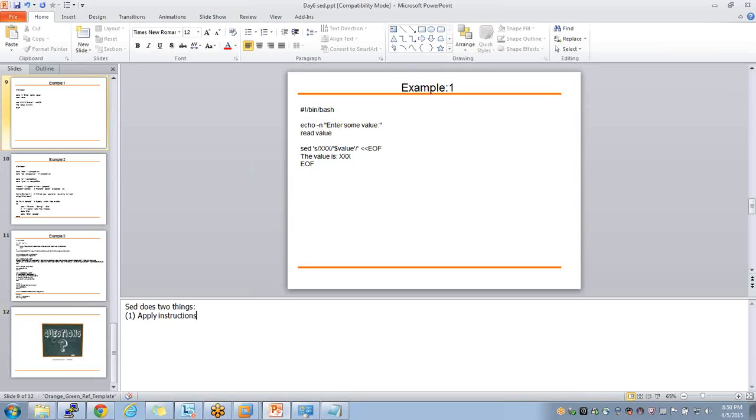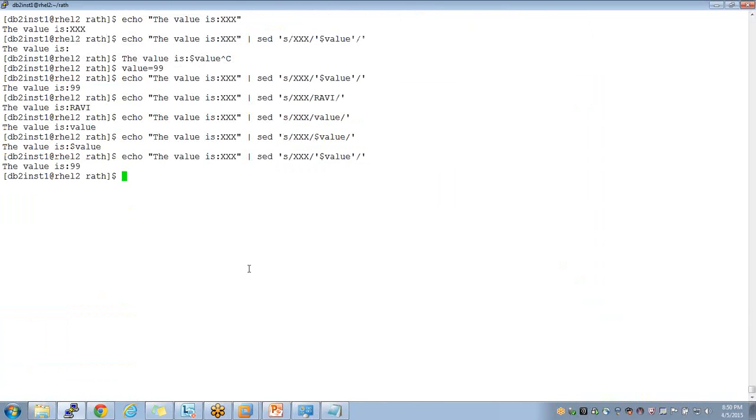Apply instructions in single quotes, then echo the current input line. Sorry, no, I meant if I just do an echo in single quotes dollar value, it'll still print dollar value only. It won't really do anything else. But sed $value is still looking for a...